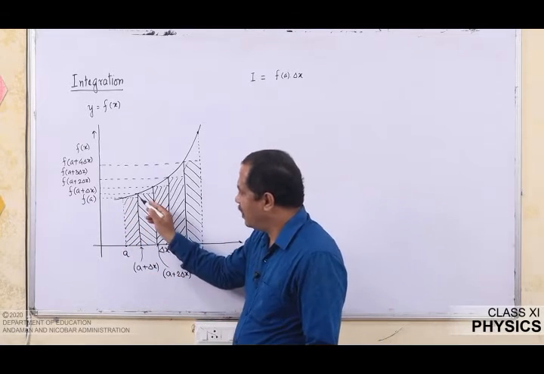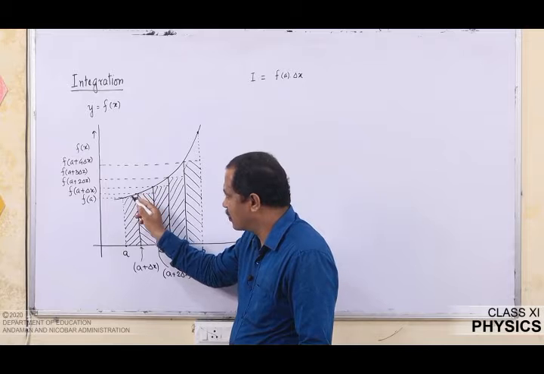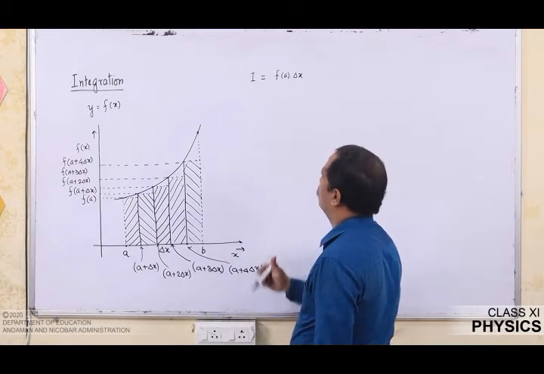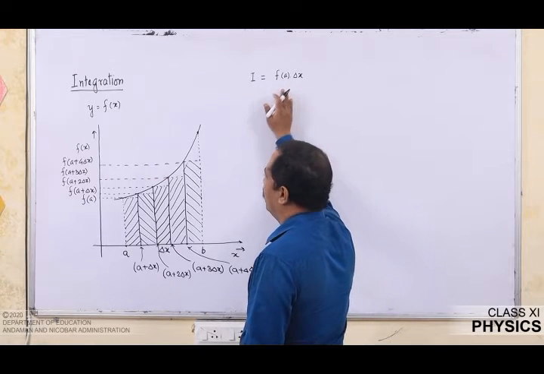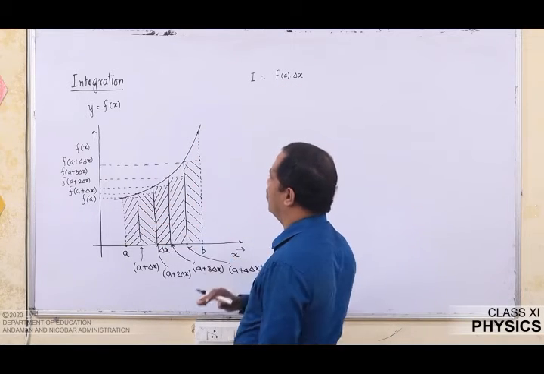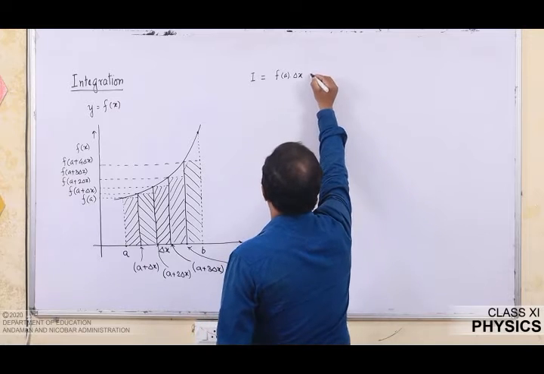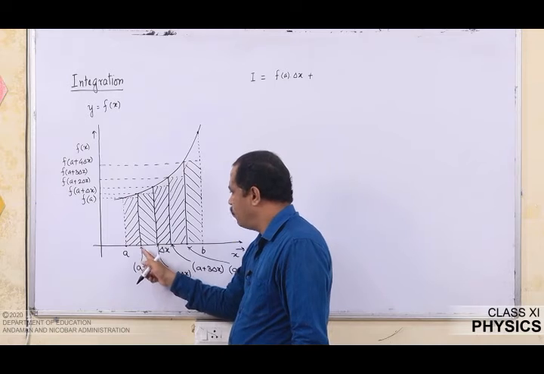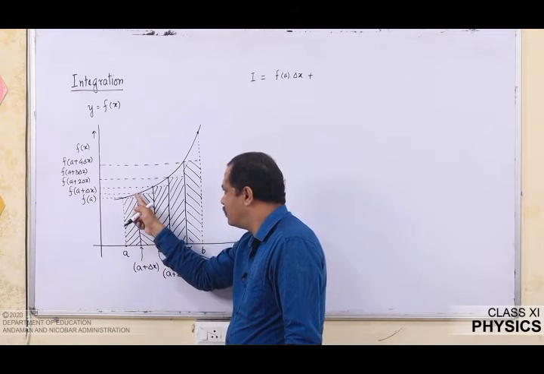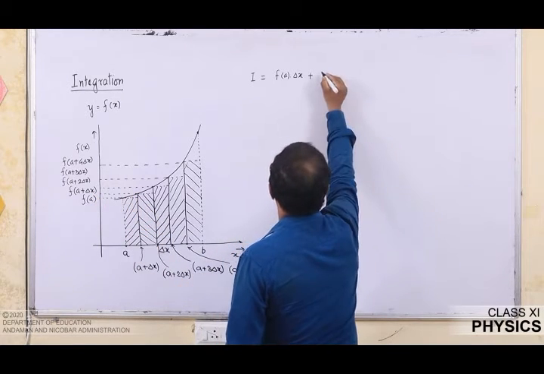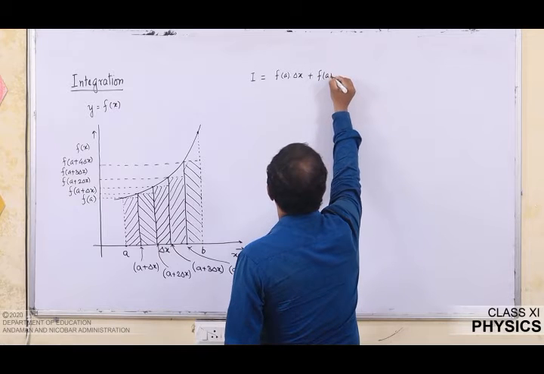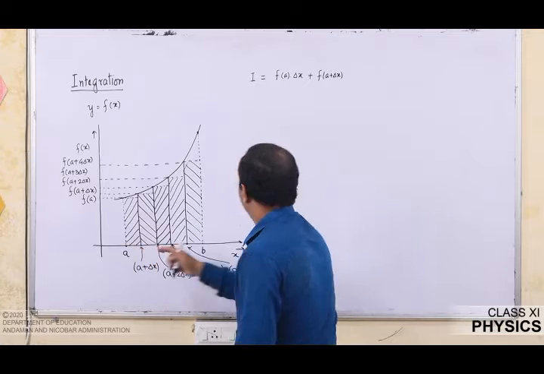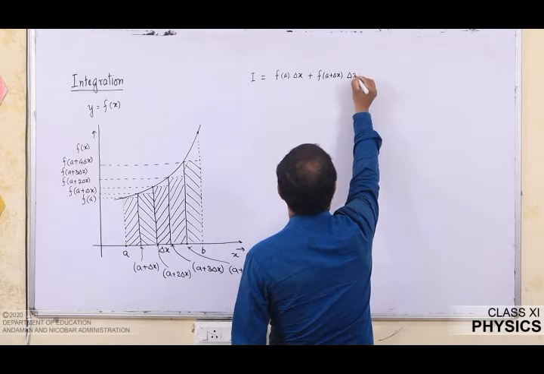However, I have not exactly calculated the area under this curve, but some very small amount of area is being left out. So this is not the exact area, but my aim is to calculate the area under this curve, and I am trying to calculate it. Plus, when I look for the area of the second strip, for that the value of y is f of a plus del x. So this is the length of the strip, width is del x, which is a constant.